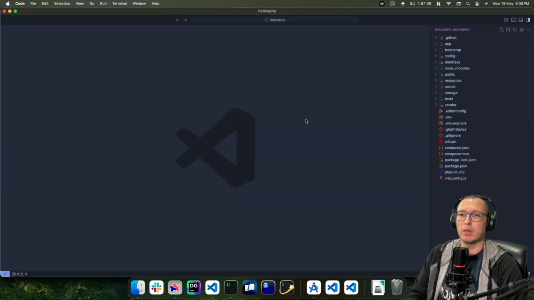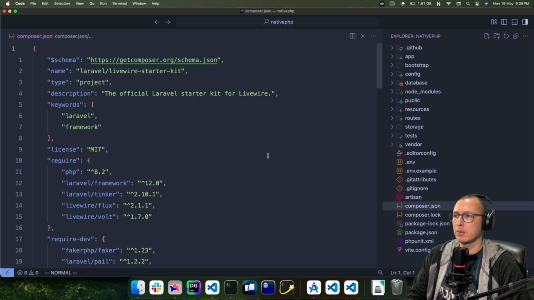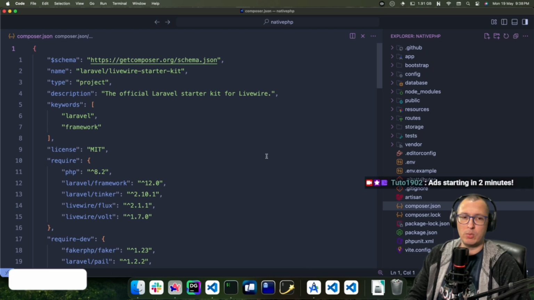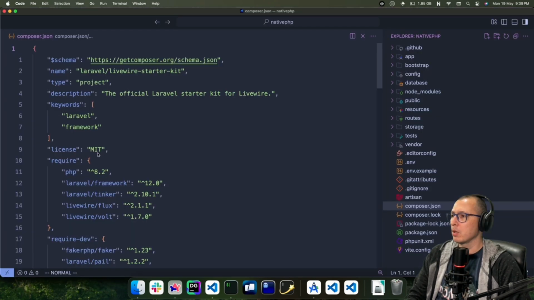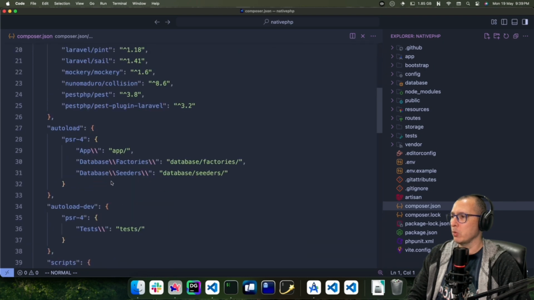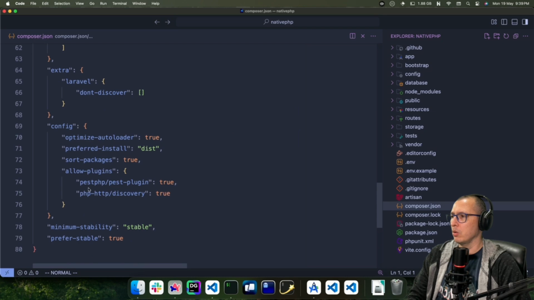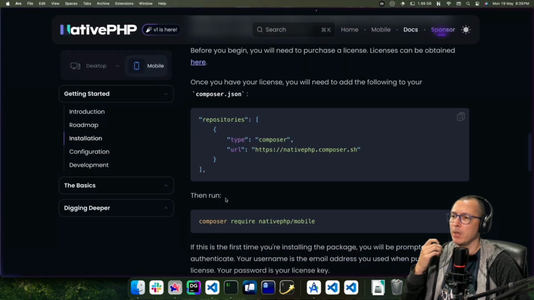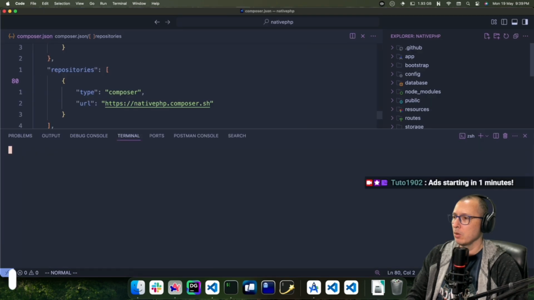Make it bigger. There. So we need to edit our composer.json file to install the license. So let's grab this section here, copy and paste. Where do we put it? Doesn't really matter. I'm gonna put it over here. And then run composer require nativephp/mobile. Copy, open a terminal,